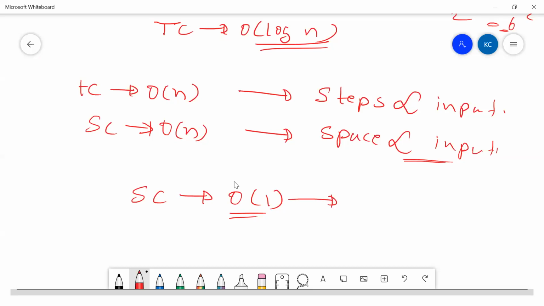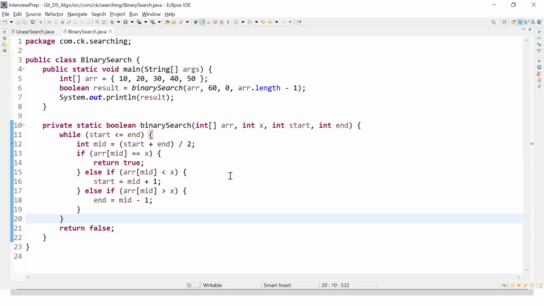Indirectly we say it is a constant. This is what a constant space complexity means, guys.